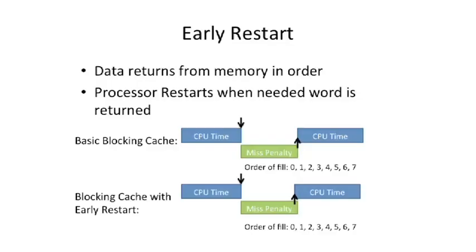The fill in with executing in the CPU again. In the canonical case, if we don't have early restart, what's going to happen is we have to wait for the entire cache line to come in, and then we can restart. So we lose these cycles there. We don't get that overlap.